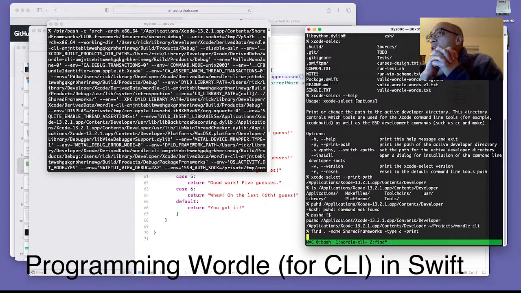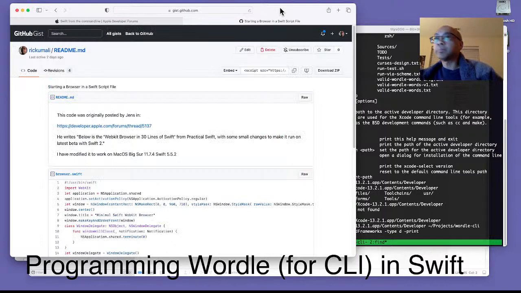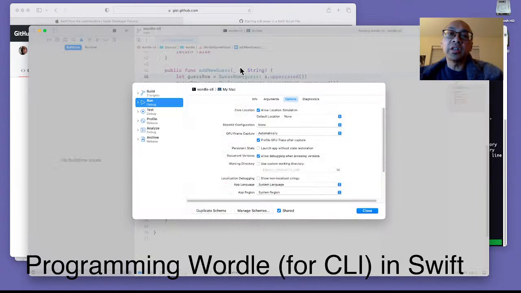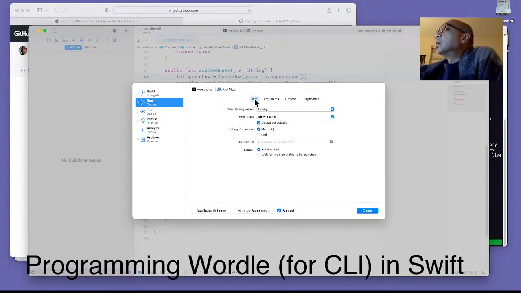But you can see that it is nil, or null. Whatever LD library path is being set to, that's its issue. If I go back to the scheme, remember, I don't know any of this. I'm just guessing and playing and fooling around. But I have looked at this off screen, and here it would be under